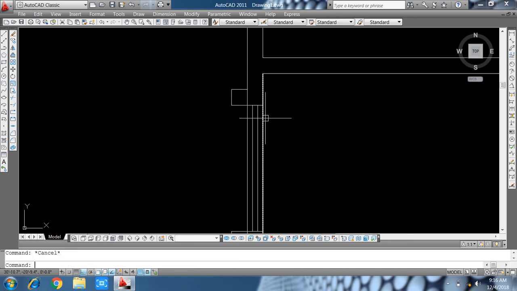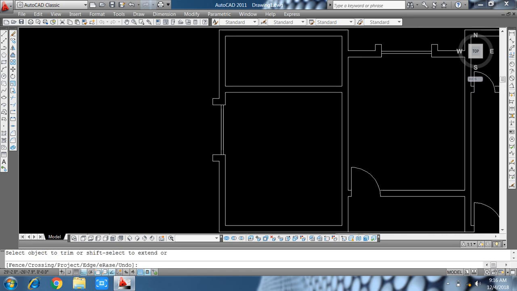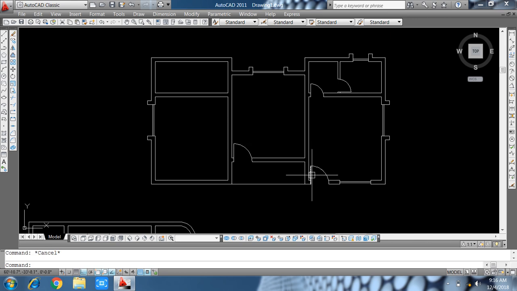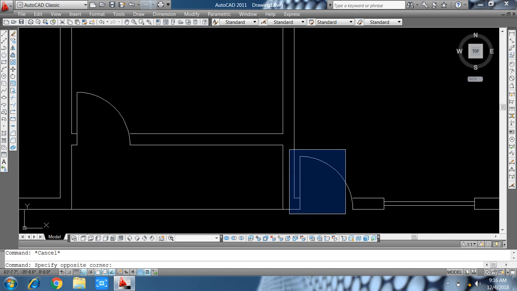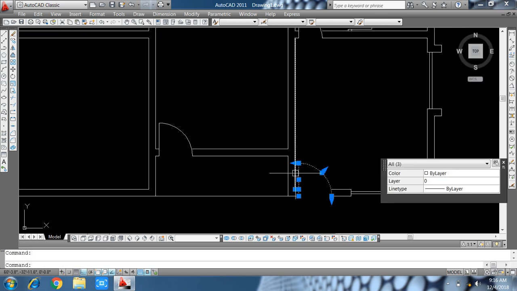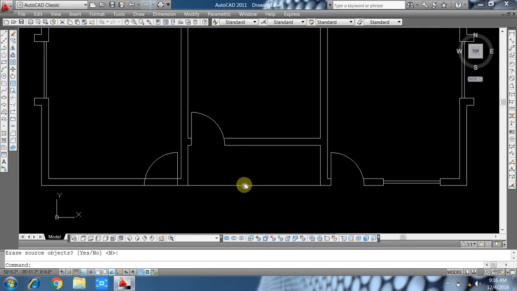So we also draw it. Sorry friends, there is no window in that point, we delete it and extend these lines.